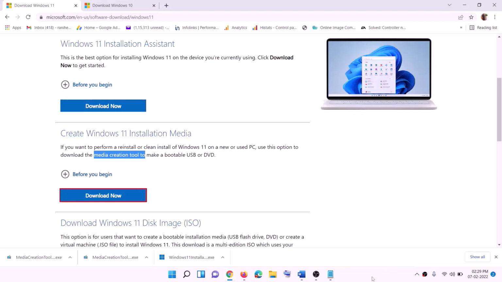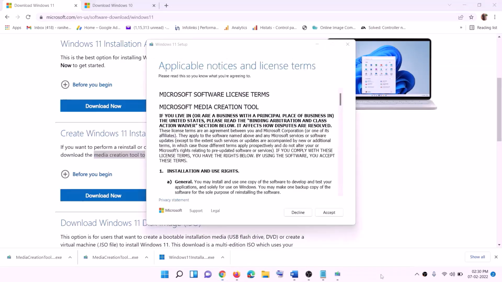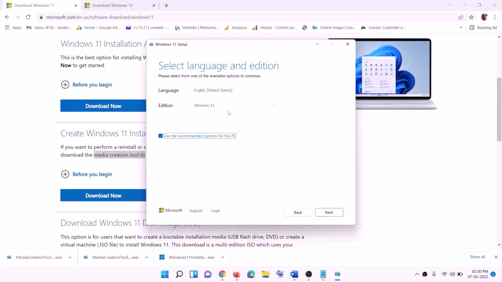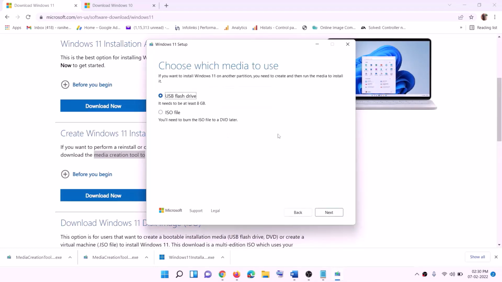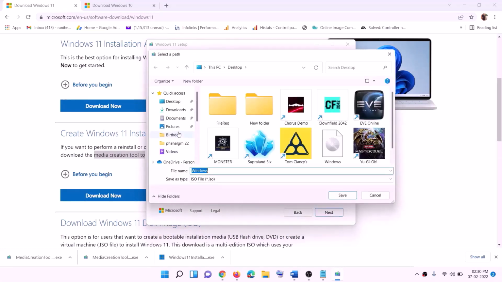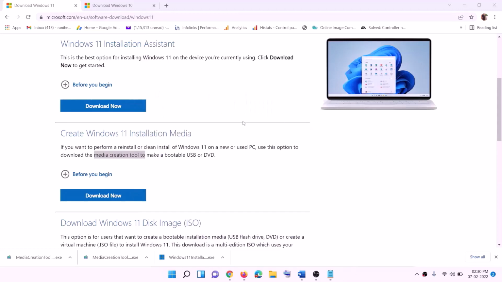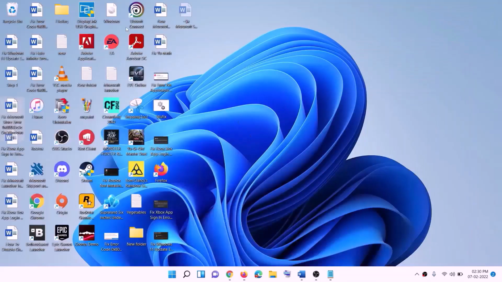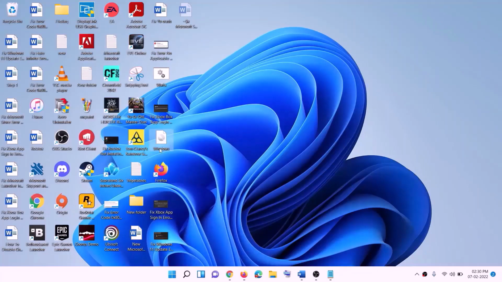Now this will load Windows 11 media creation tool. Now click on accept. By default Windows 11 would be selected. Click on next. Select ISO file, then click on next. You can save the location. You can set the location as desktop and then click on save over here. Now once the download is complete, click on finish and then go to desktop, find Windows ISO file,